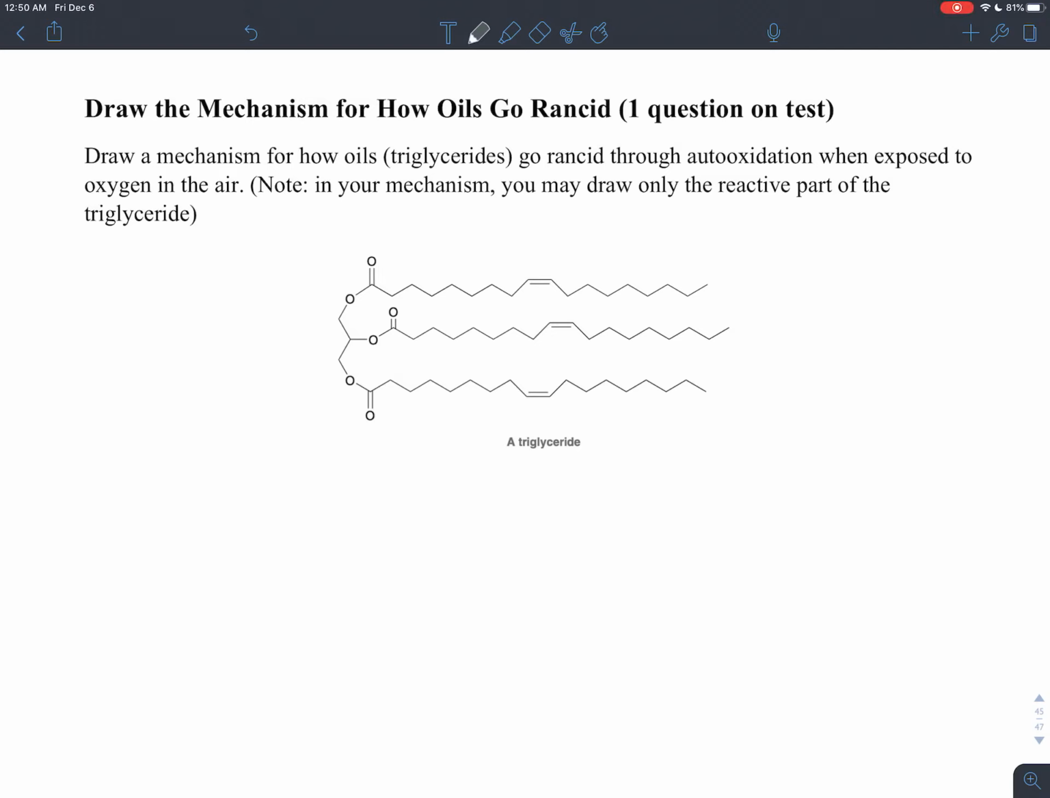If you leave a liquid oil, like olive oil or canola oil or sunflower oil, out exposed to oxygen, it will go rancid. It will become toxic to eat. The longer you leave it out, the more toxic it will become. And that has to do with the fact that oxygen in the air is a very reactive radical that sticks onto